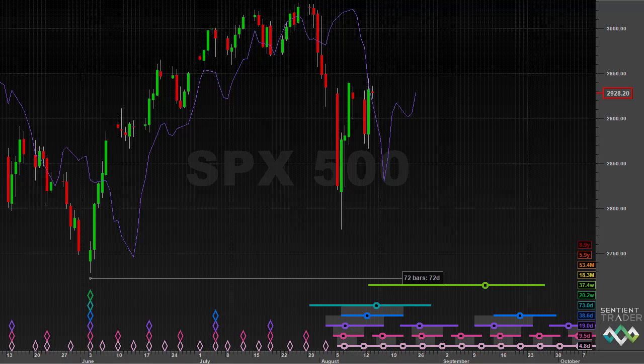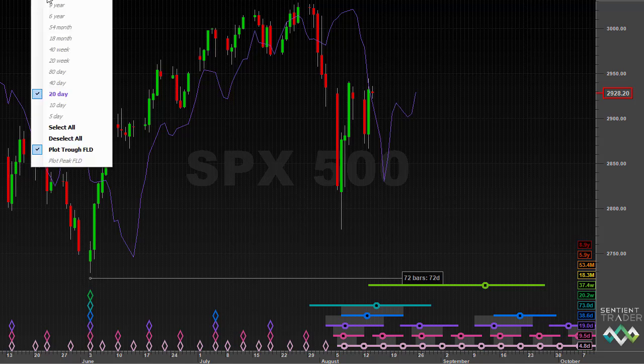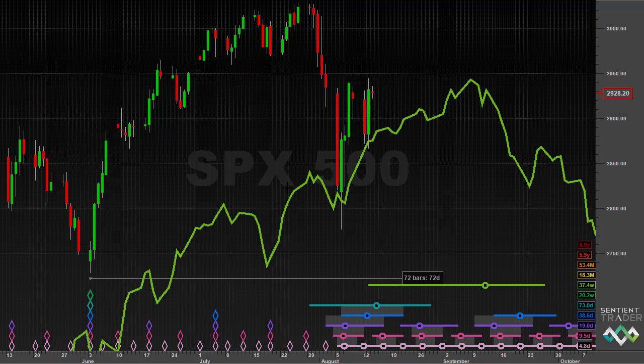The FLD that I would like to show you on this chart is the 40-week FLD. Now, I'm sure I don't need to draw diagrams. You can see for yourself the effect that the 40-week FLD has had on price. It has been providing some support for price over the past week or so. The important question at this point is, what do we expect from the interaction between price and the 40-week FLD? Are we expecting the 40-week FLD to provide support for price, or are we expecting price to cross down below